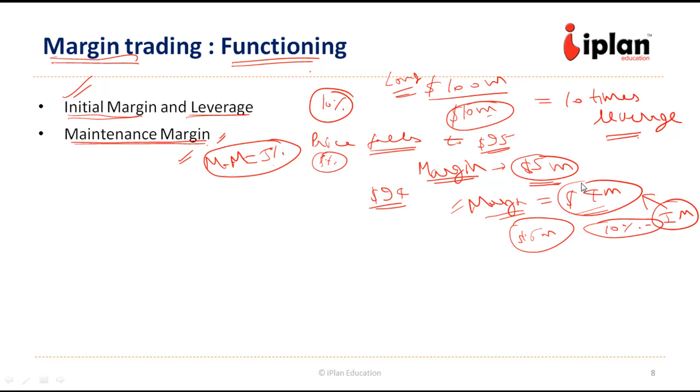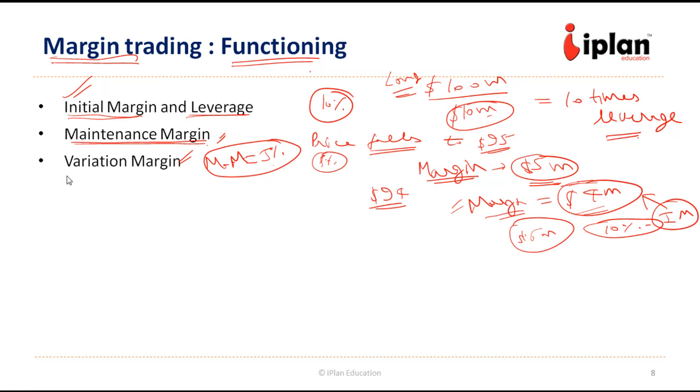Here we are marking the profits or losses to the market and adjusting that with the margin so that we can mitigate the credit risk. That is the main objective here. In the case of futures which are traded on the exchange, this is how we mitigate the credit risk.